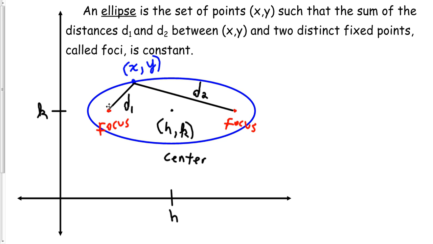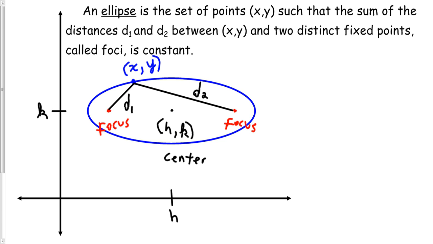It's kind of like if you took a string, pinned the ends of the string down, and then put a pencil up here and held it taut and just went around. This is the kind of shape that you would make, where the pins going into the table would be the two foci here. Obviously, since it's the same length of string, the sum of the two distances, one part of the string and the other part of the string, is going to always be a